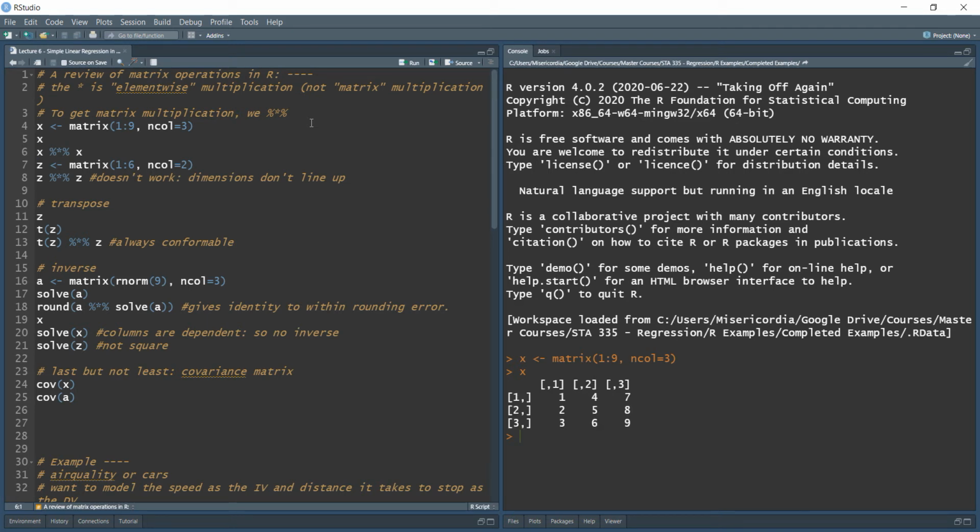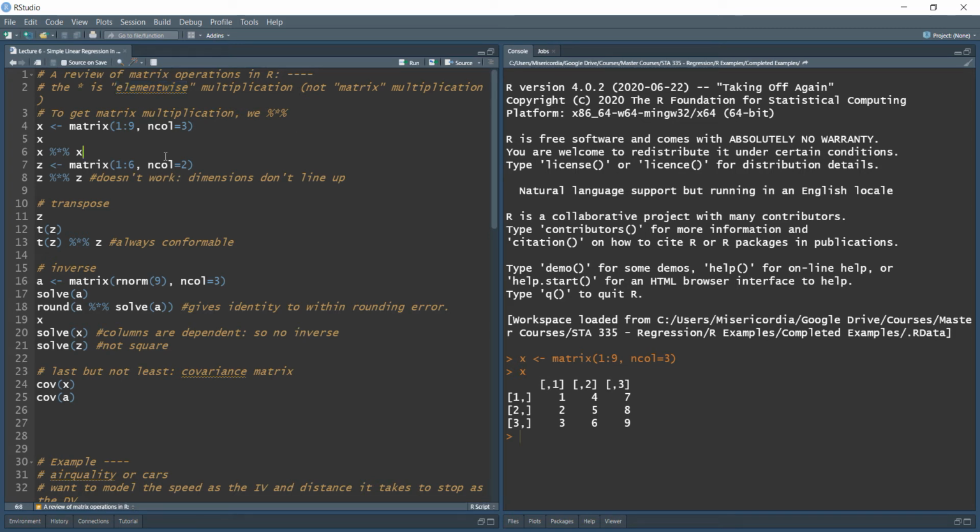It's just a nonsensical matrix of the numbers 1, 2, 3, 4, 5, 6, 7, 8, 9, split into 3 columns. Now the star operator in R is element-wise matrix multiplication. So if I did x times x, what that would give me is the first element of x times the first element of x, the second element of x times the second element of x, and so on, which is the way in which we approach addition in matrix form,